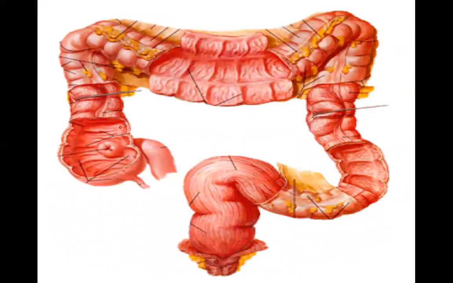Now let us discuss the cecum. The cecum is the beginning of the large intestine, and we said its length is 6 centimeters. Its width is 7.5. So it is one of the organs whose width is more than its length. We are used to most organs having length, width, and thickness in anatomy, with the length usually more than the width, but here the cecum is one of the organs in our body whose width is more than its length, in addition